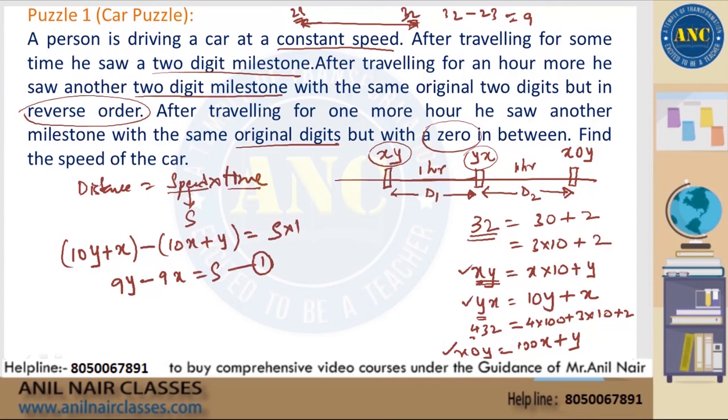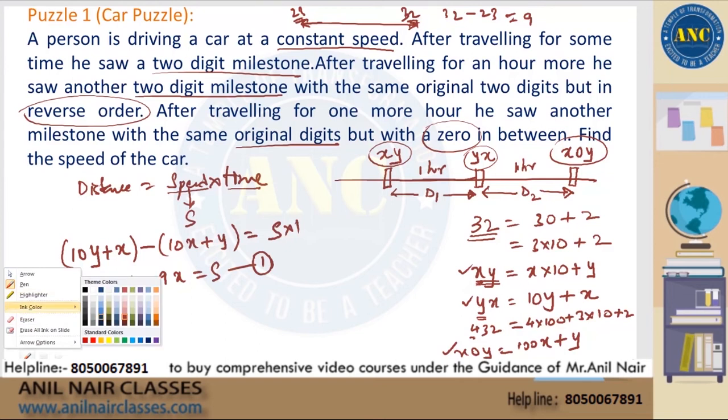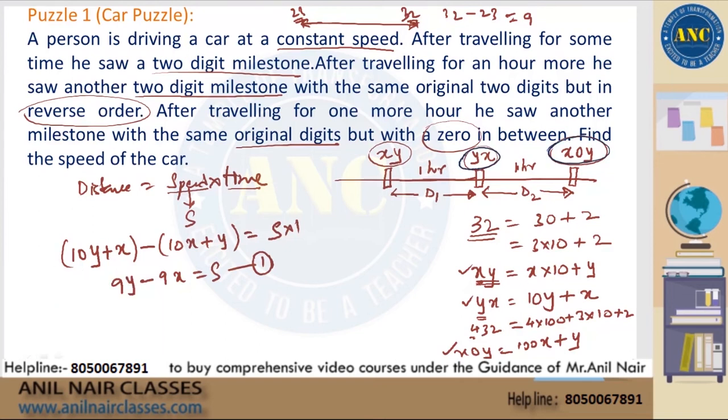If I apply the same logic here, once again this distance is nothing but this minus this. Let me change the pen for a second so that you understand the calculation. You have this minus this. That means x0y. What is the value of x0y? It is 100x plus y. You have 100x plus y minus your yx. What is yx? yx is 10y plus x. So this minus this, which is the distance between this milestone and that milestone, is 100x plus y minus (10y plus x), equal to speed, which once again is s, times time taken, 1 hour, so s into 1 is s. So I have 100x minus x is 99x, and y minus 10y is minus 9y,